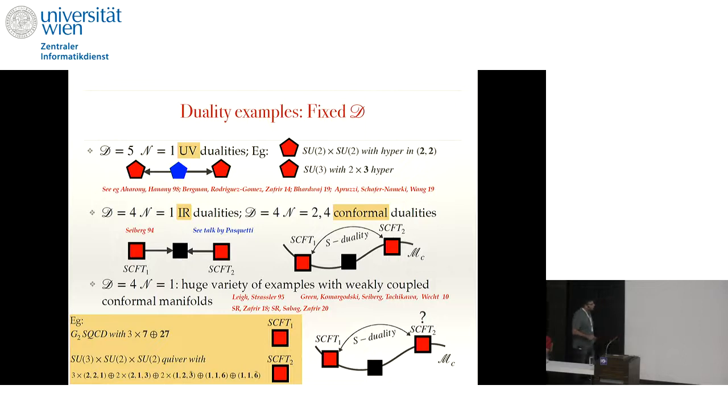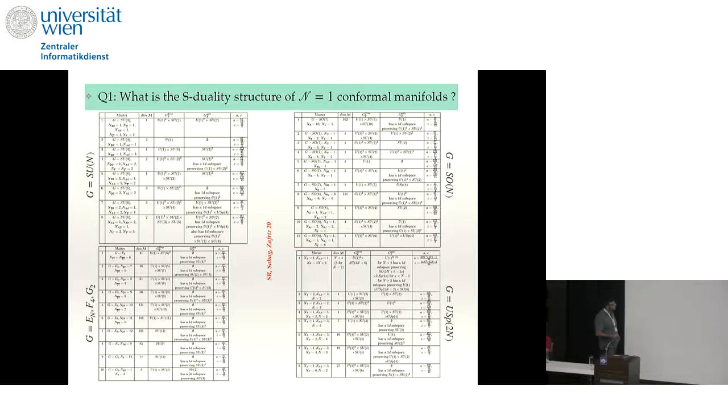You have a G2 SQCD with some matter content and some quiver theory with some matter content. If you compute the skeletal information that I mentioned before of these 2 theories, you obtain exactly the same thing. So this is a conjecturally dual pair of theories. These are 2 weird theories, so you can fear that there are not too many such examples, but in fact there are a huge number of